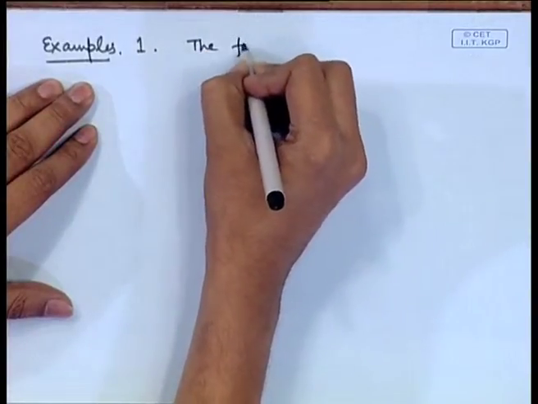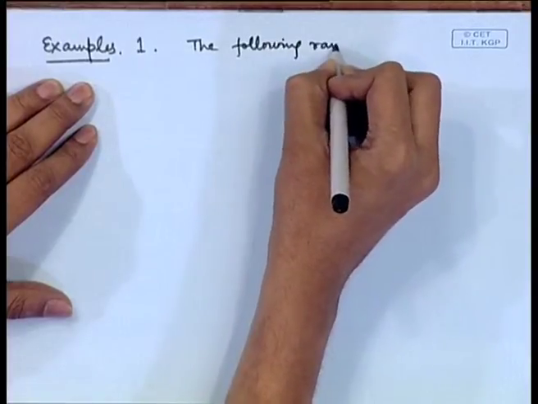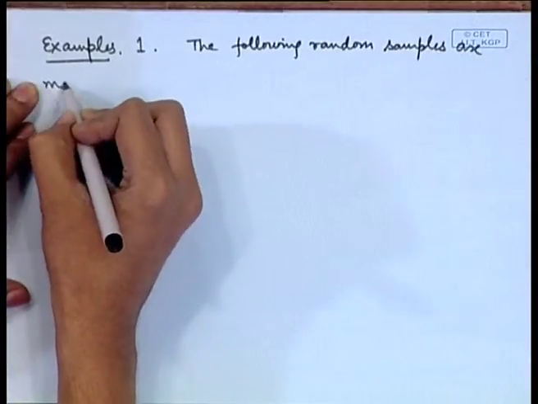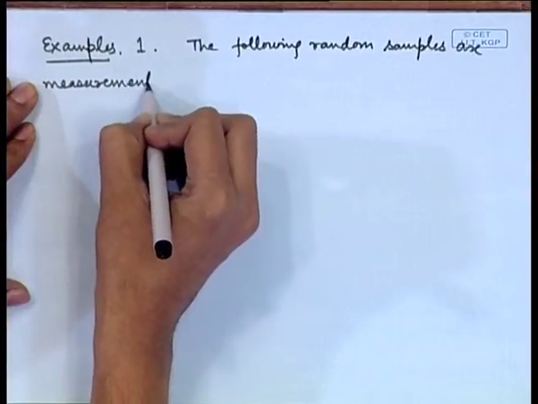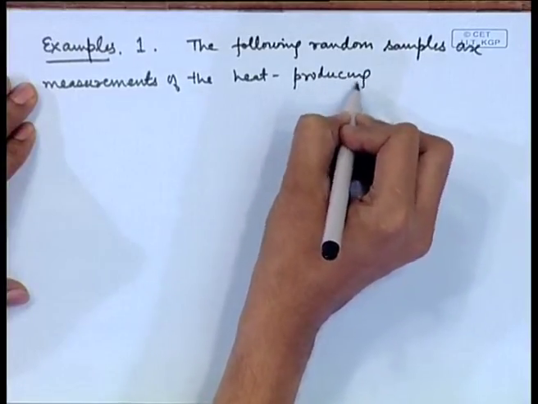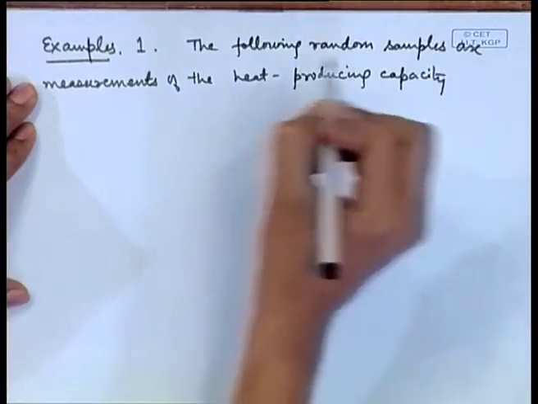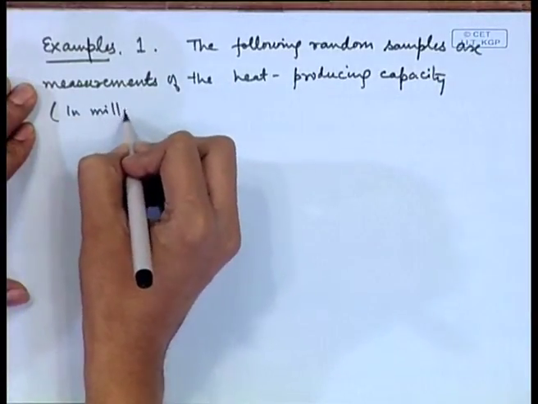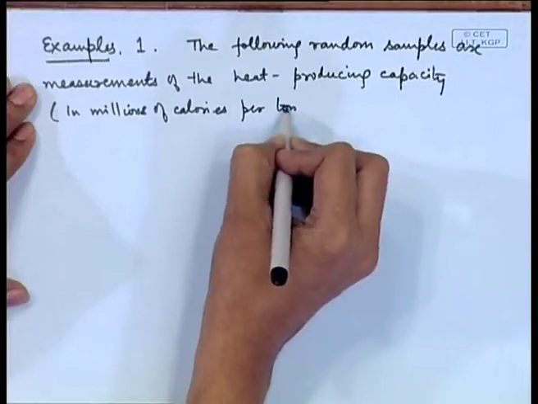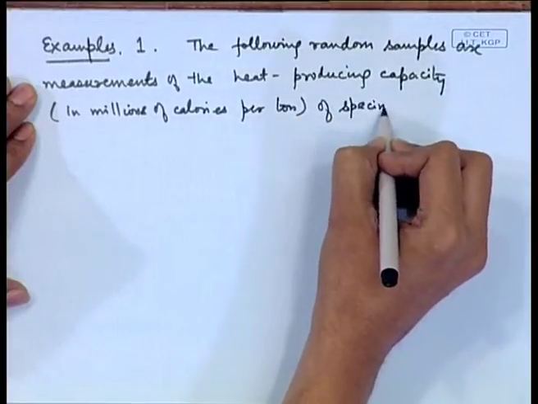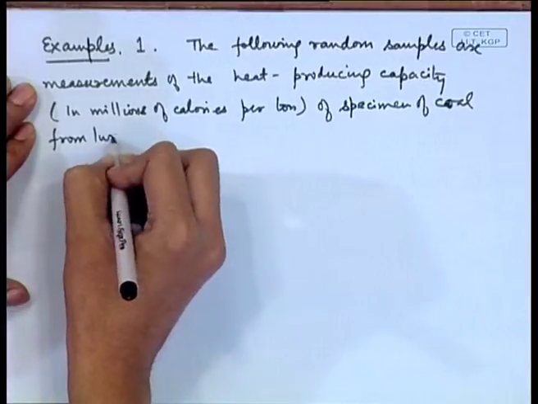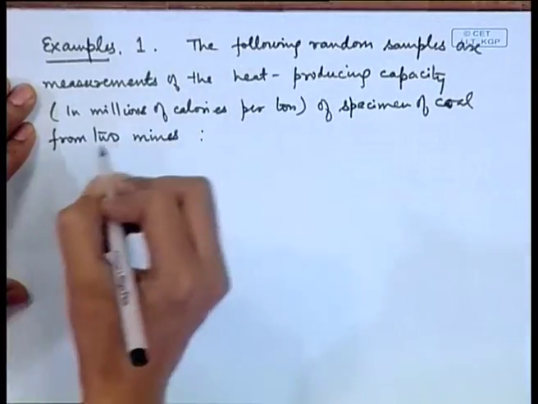The following random samples are measurements of the heat producing capacity in millions of calories per ton of a specimen of coal from 2 mines. So, in mine 1